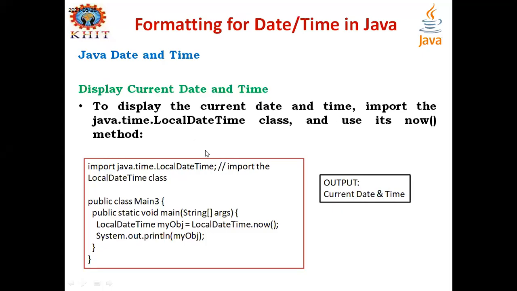Display current date and time. To display both date and time, import the java.time.LocalDateTime class and use its now method. Import this LocalDateTime from the java.time package,